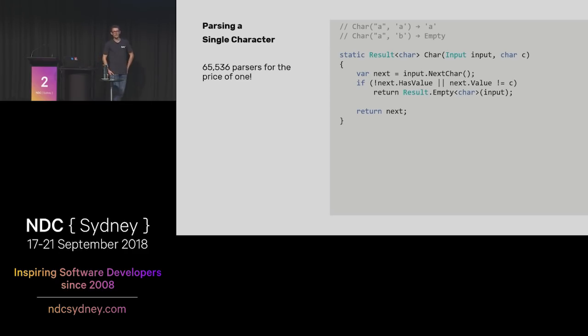So parsers being functions, we can write functions to do all kinds of parsing tasks, and we don't necessarily have to write an A function if we just want to parse the letter A, or a B function to parse the letter B. The char function here is a parameterized parser where you can tell it which character you want to match. So it might be an A, B, C, and then the result of that char function will be the character, if that was the first thing that was seen in the input, or it might be an empty result if that character didn't appear.